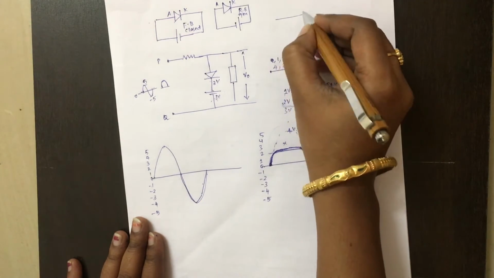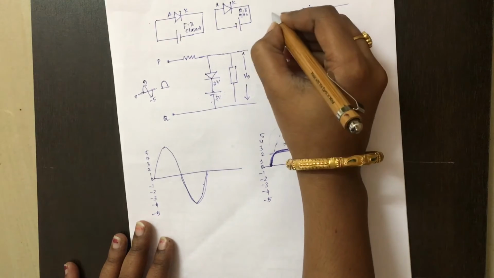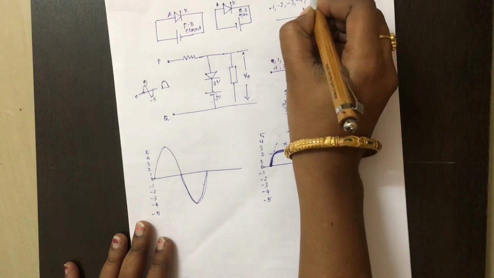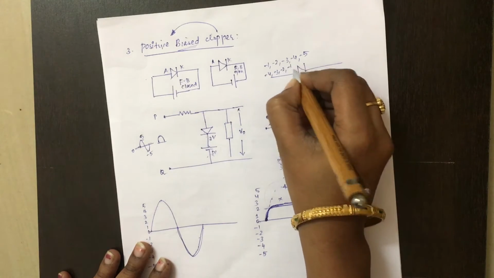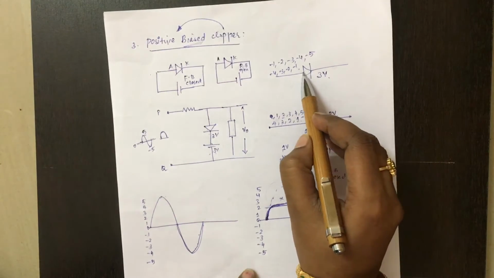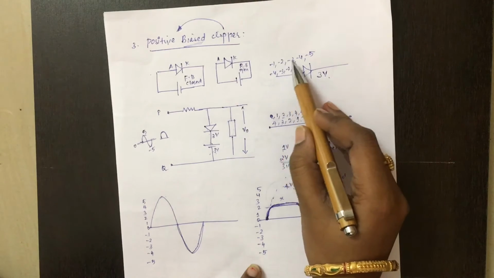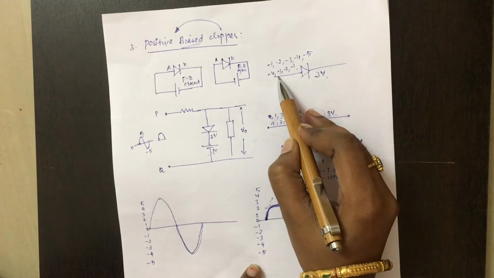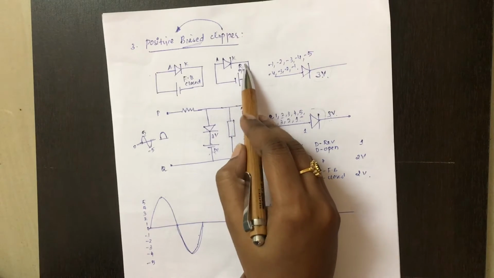So again I will redraw this. Same, cathode is 3 volt. Anode, now you will be applying -1, -2, -3, -4, -5, -4, -3, -2, -1. So these values you will be applying to the input of the cathode. So these are all negative values, and this side it is positive. So for all the conditions, for all the voltage values of the input signal, anode is less than the cathode. So when anode is less, it means anode is negative, cathode is positive.